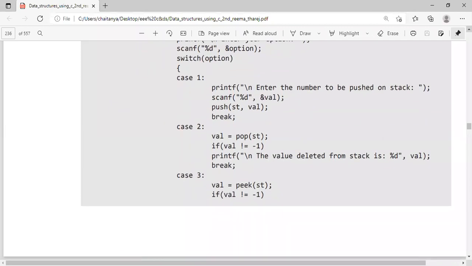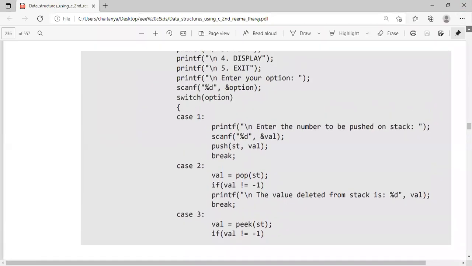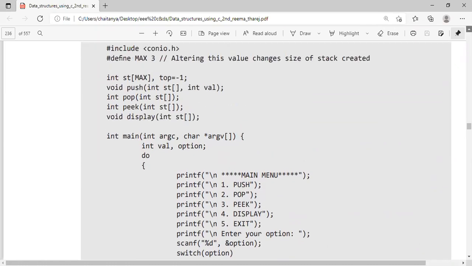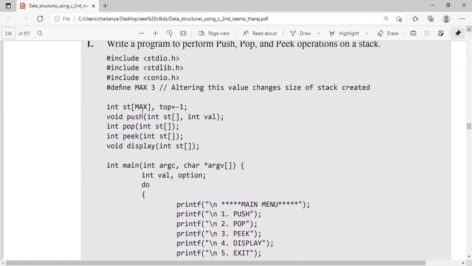So here see, what is st? It is the stack. st of max is nothing but the array. So if I want to send the whole array, what should I do? Just write the name st. If I send that one, automatically it is the name of the array.